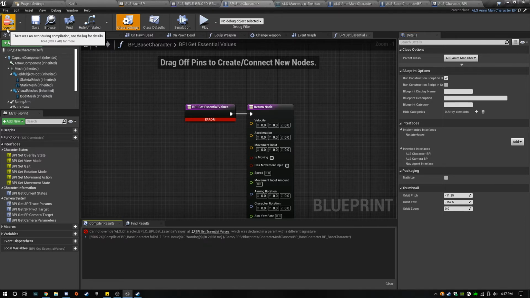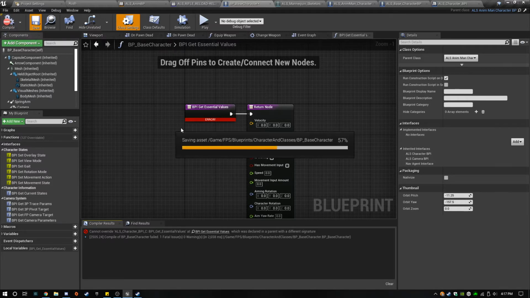Maybe because it's already overridden the baseline. That probably is, yeah, that's probably correct. So I need to figure out how to get rid of this here now.